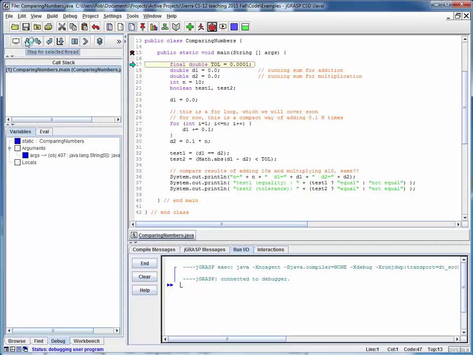So we're setting up a numerical tolerance here for comparing numbers, and we'll define that as a constant, and then we're initializing two double values, d1 and d2, both to 0. One represents the running sum for adding 10 numbers together, the other one is the result for multiplication. And we're going to set an integer 10 and a couple of test variables, and we're going to initialize the